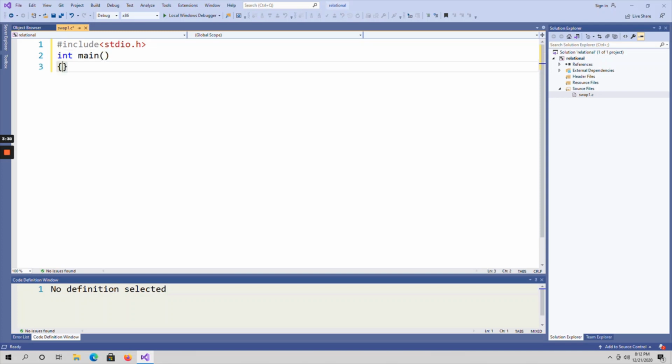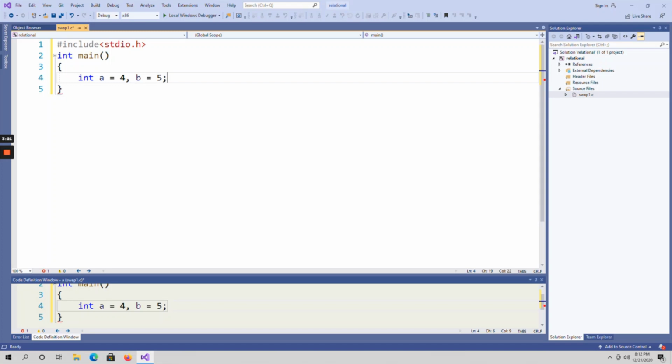Here I am taking two variables A and B. So, int A equals 4, B equals 5. A is assigned the value of 4 and B is assigned the value of 5. Now I am going to print the values of A and B.